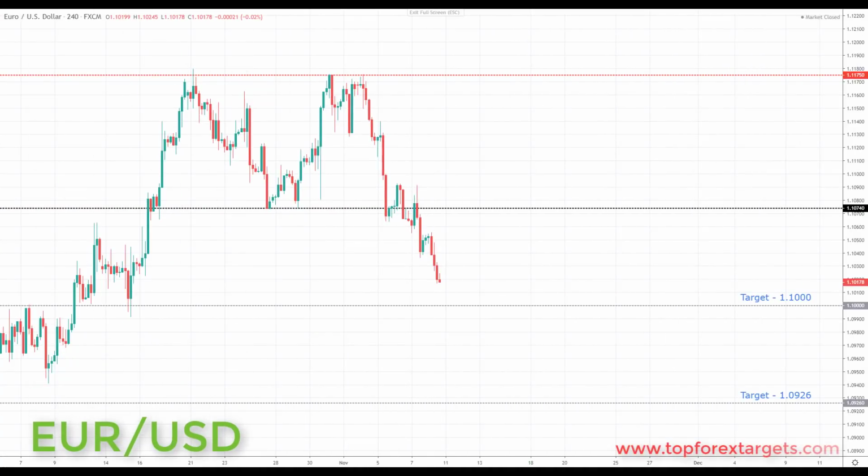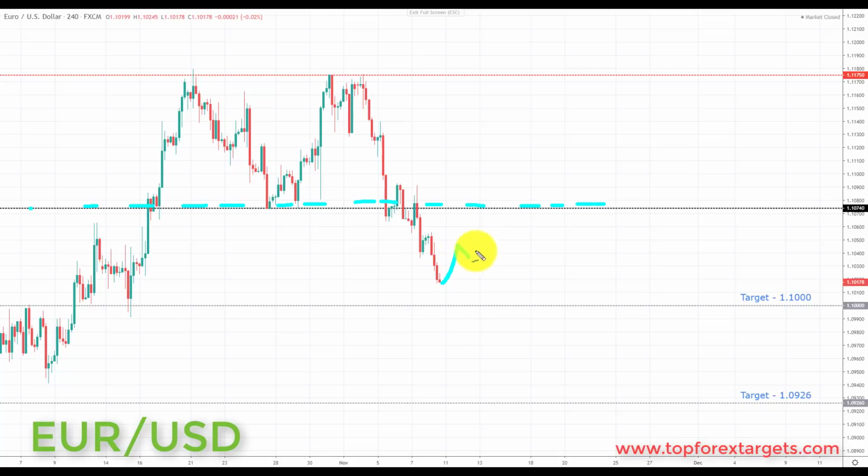So the next market that we're going to look at is euro dollar. Now, we start the week below a key area of broken support from the past, looking to turn resistance this week at the 1.10740. We're making our way down towards the next key of support already, which is the next target. So what we'd like to see in order to get a good risk to reward setup next week is a pullback,